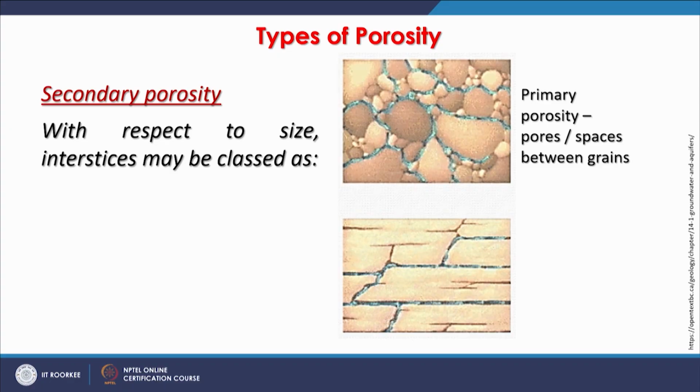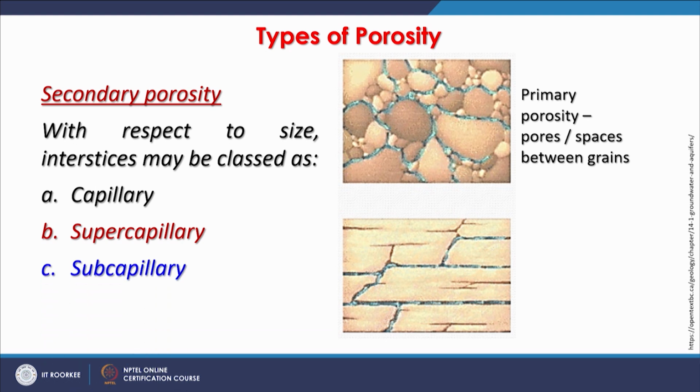Further, secondary porosity with respect to the size of the interstices may be classed as capillary, when the size is very small, or supercapillary, and then the third one is subcapillary. So, even smaller than capillary, we have subcapillary. If it is larger than capillary, basically capillary, when we say it, is all controlled by the surface tension of